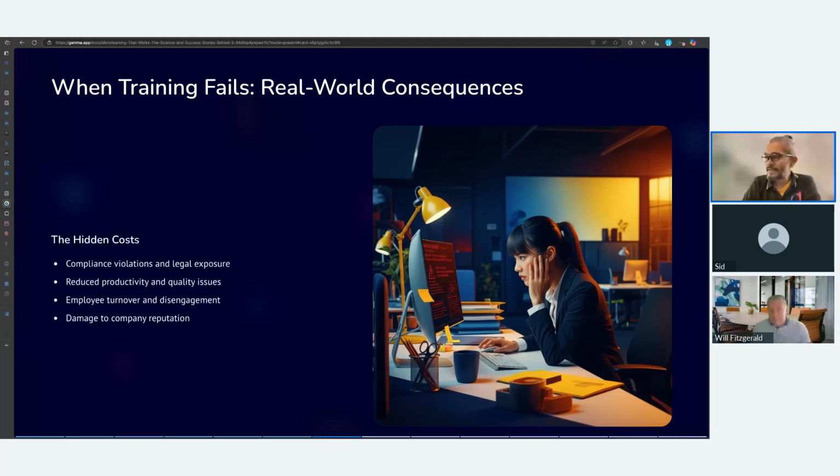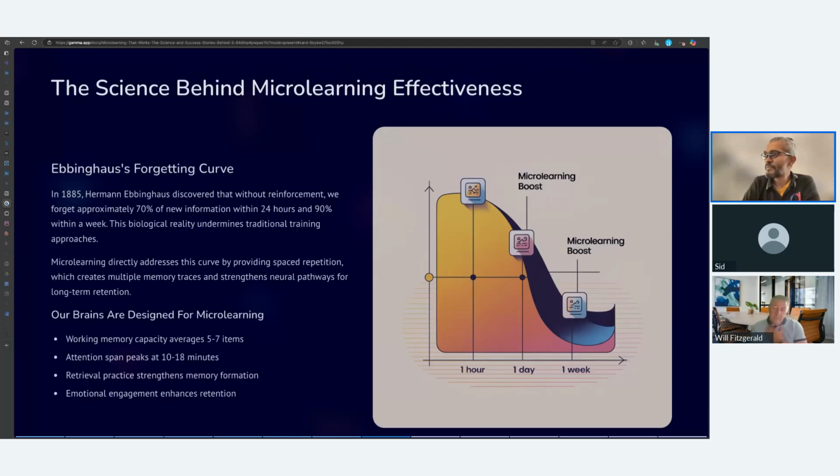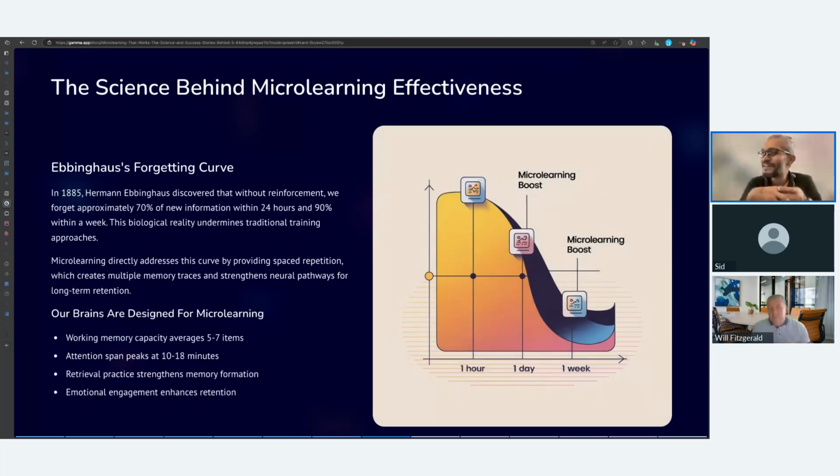And I think the fact about that memory is important and very interesting. This gentleman called Hermann Ebbinghaus, I was going through his background, and he is a military veteran, just like you, Will. So it was during that time when he was exploring human memory. This is more than 100 years back, so I'm really amazed. He did a lot of experiments into understanding human memory,